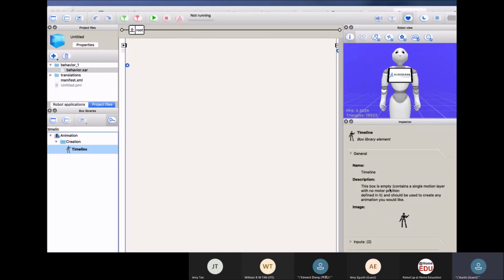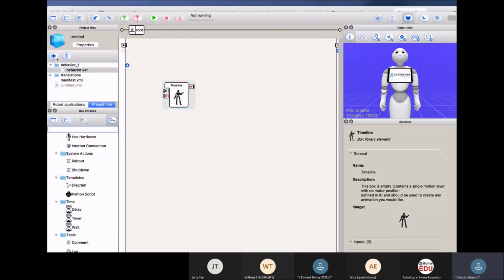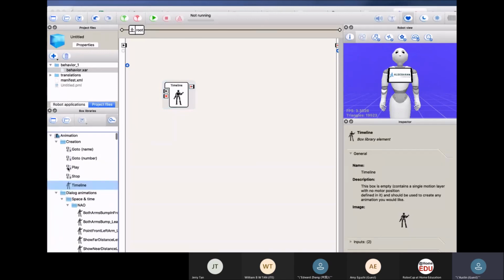That means this box is empty and contains a single motion layer with no motion position defined in it, and should be used to create any animation you would like. So first of all, I just drag this Timeline here, and I'm going to clear this part back to